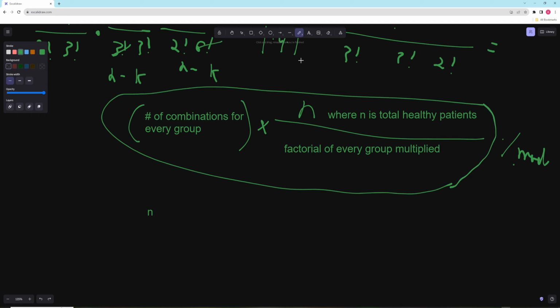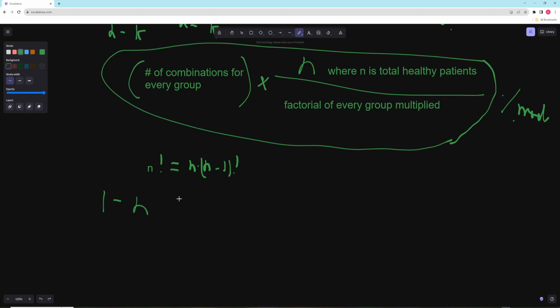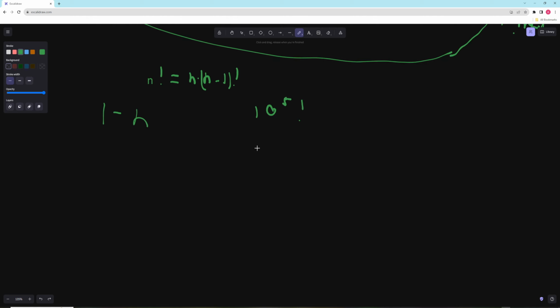So if we are trying to calculate a factorial, that's going to be quite long if we don't cache or do something, right? So n factorial is going to be the same as n times n minus 1 factorial. And we can just pre-compute this for every single number from 1 to n, where n is like the length of the array. But the problem is, like I said, we can't do 10 to the 5th factorial. So we need to have some tricks. And the main trick we're going to use is